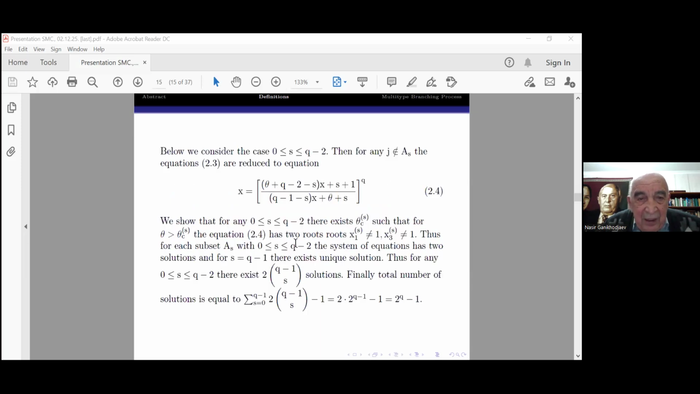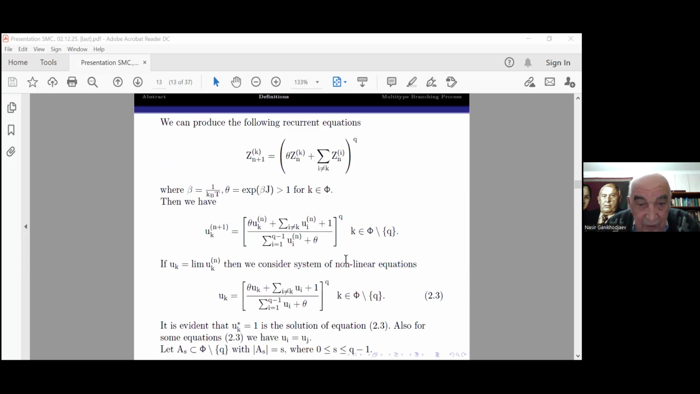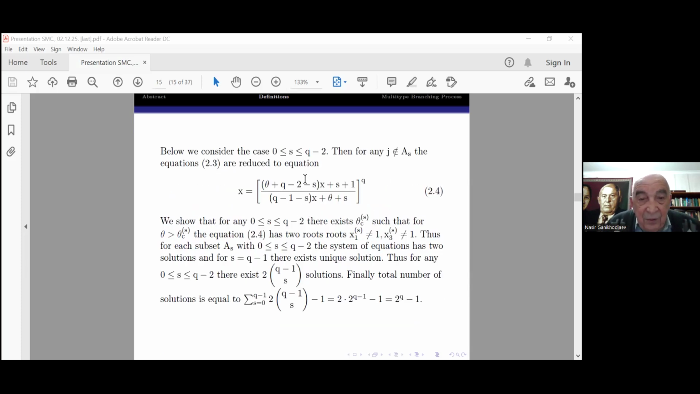Now for the other measures, when S is less than q minus 2, we have this equality. This is from these equations. We can show that for this case there exists a critical value of the parameter, which depends on S, such that for theta greater than the critical value, the equation has exactly two roots, and these two roots are different from 1. So for A_S, we have